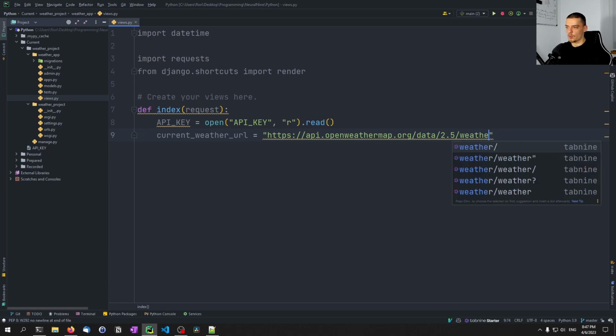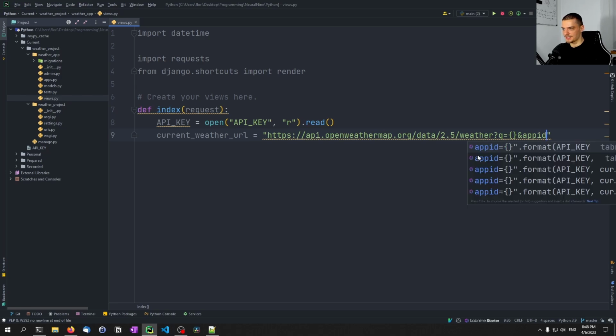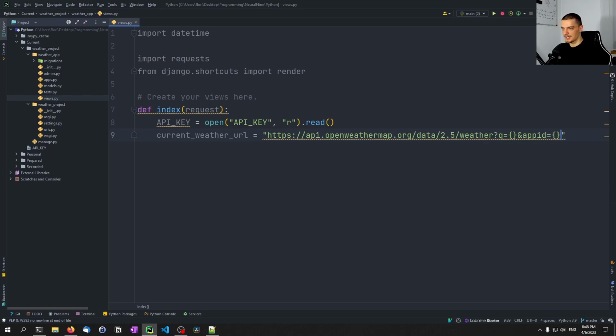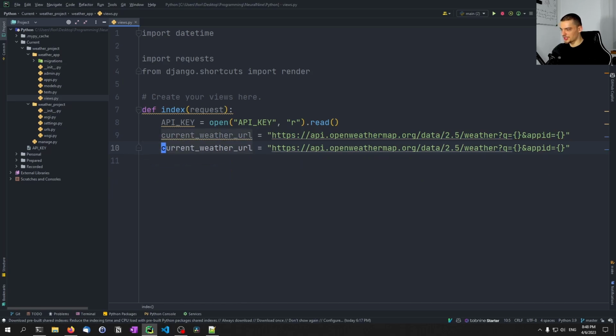And we're going to say weather?q= and here we want to have a query. So I'm going to use these curly brackets here, and I'm also going to say &appid= again with curly brackets. So this is some space where we're going to format in some data later on. And then I'm going to copy this, and I'm going to change this to